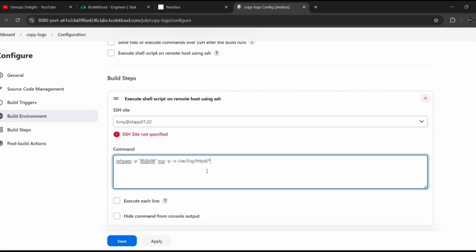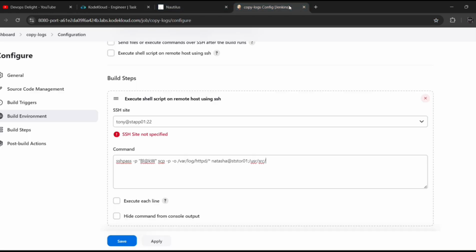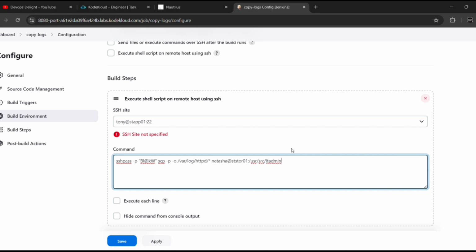This is the path. Period. ststwar01 /user/src/. Copy this path, paste it,